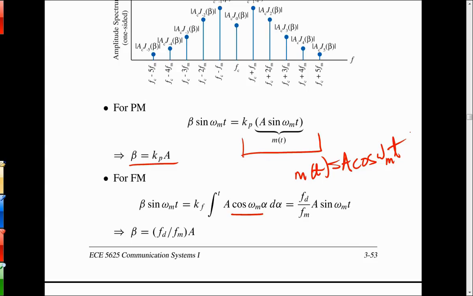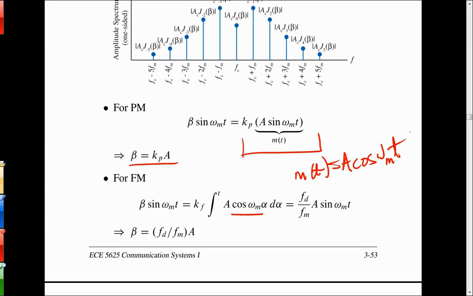Always remember that because of the way frequency deviation and phase deviation are related, frequency deviation was the derivative of the phase deviation. So to go back to phase, you have to integrate. So integrate the frequency deviation to get phase deviation, and that cosine becomes a sine,